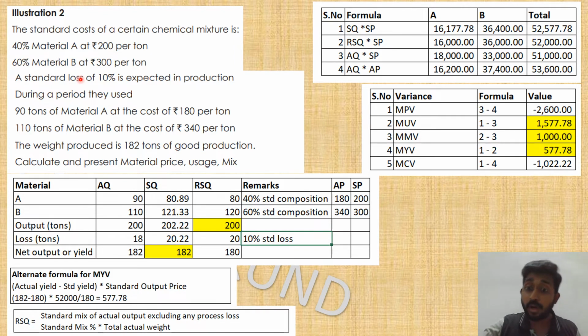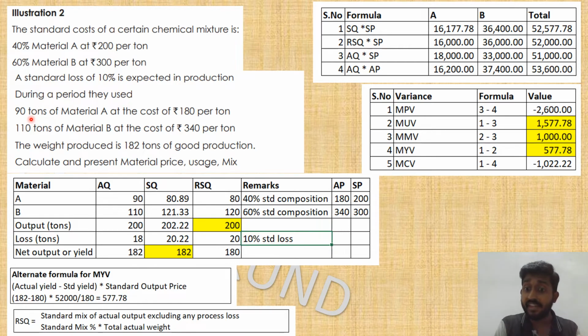There may be some abnormal losses also, and as the finance department we have to question the manufacturing team why there is an abnormal loss, and that will also be booked in a separate abnormal cost center. If you work in a company, any abnormal usage has to be booked in a separate cost center. So the standard loss for this question is 10%. Okay, during the period they used,